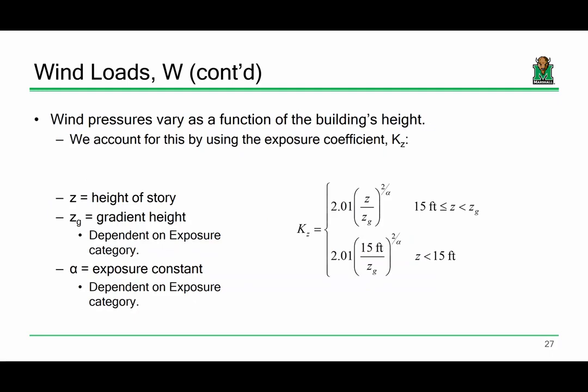Now this term K sub Z, it's a pretty basic computation. If you have experience in Excel with using the if function, this is pretty easy to set up. If not, you can just compute this by hand. It's pretty straightforward. So again, the exposure constant changes as a function of what your Z value is. If Z is less than 15 feet, it's a constant value, and if it's larger than 15 feet, it increases